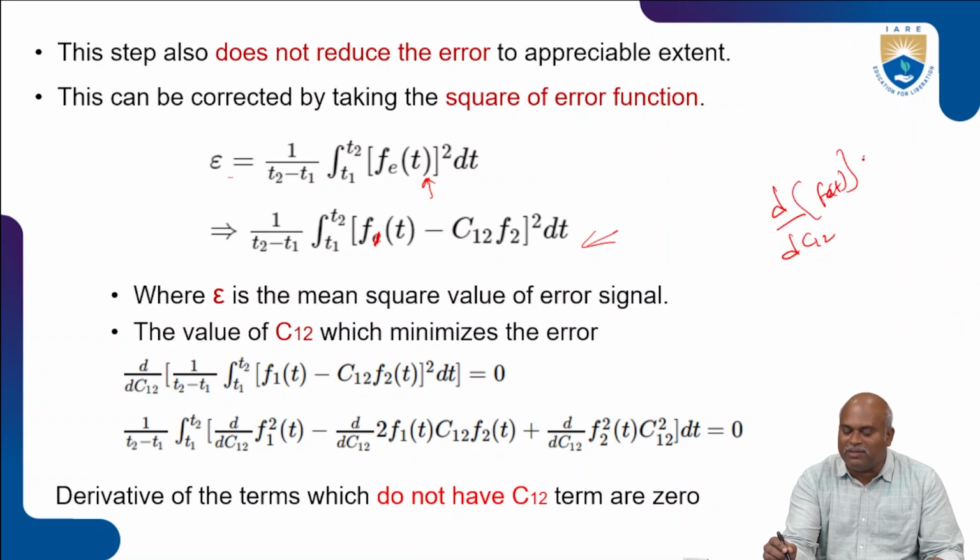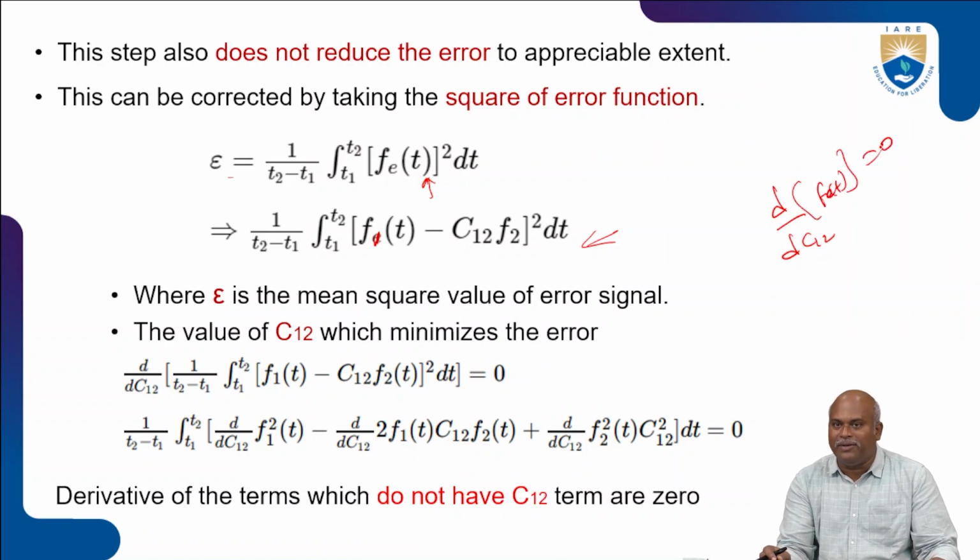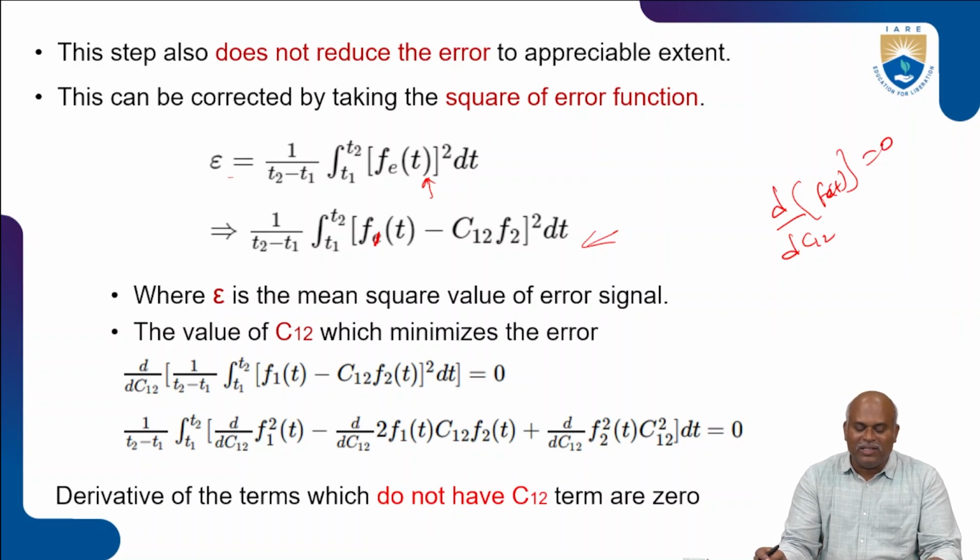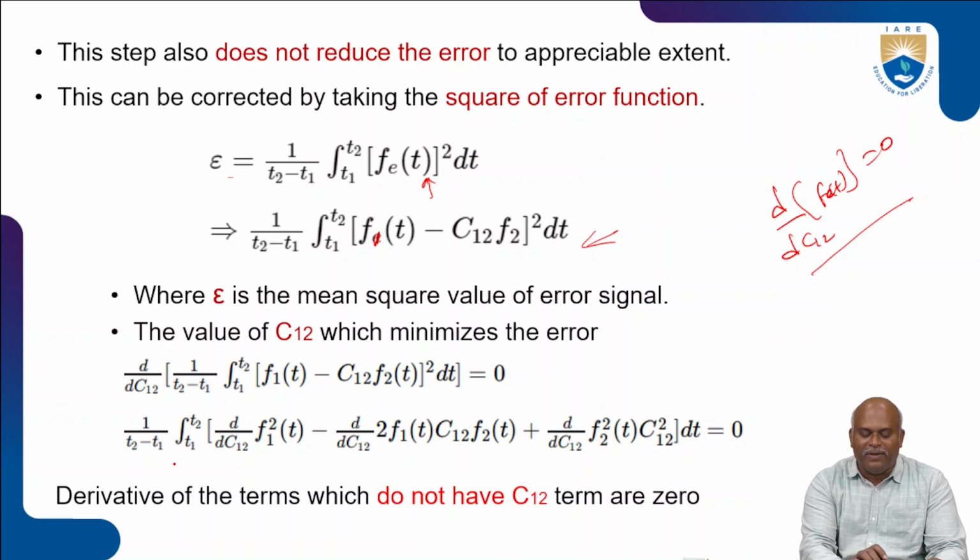We may represent this value as equal to 0. It's the condition of minimization in the vector case. d by dC12 of 1 by (T2 minus T1) times the integration from T1 to T2 of (F1 of t minus C12 times F2 of t) whole square dt is equal to 0, for this case of minimization of the error condition. Then after that we may